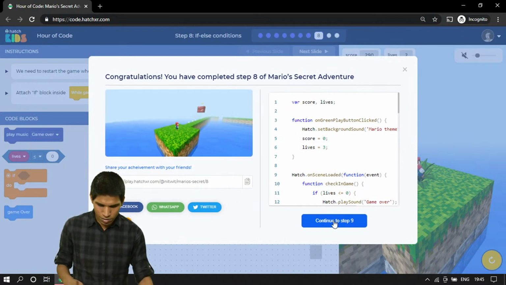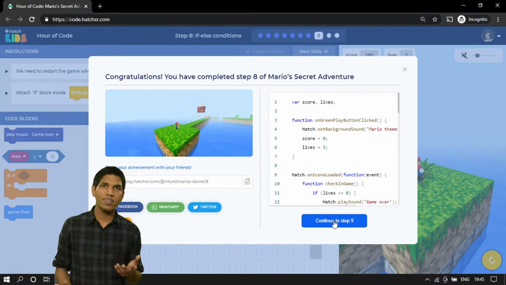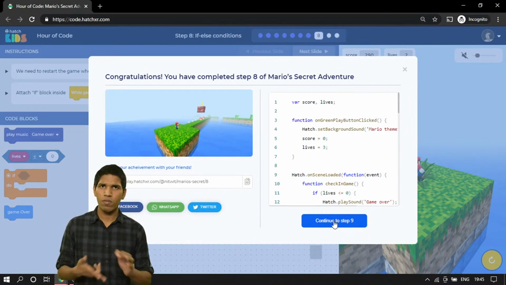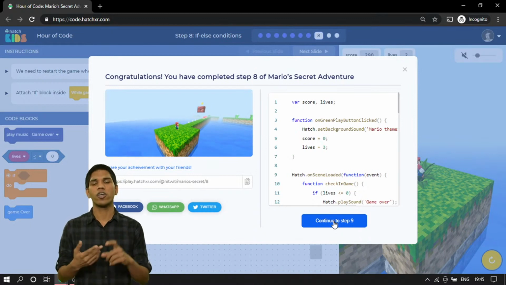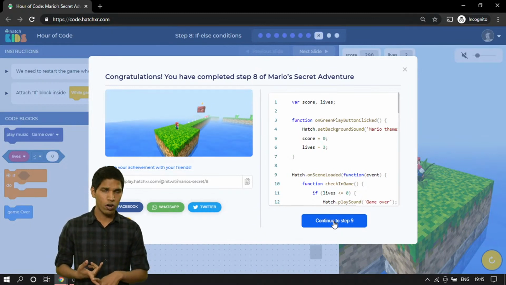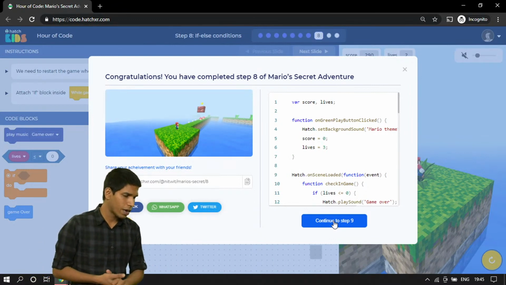Now you'll notice this basically completes your logic of the Mario game. You have movement logic, you have jump logic, you have sound effects, you have game over logic, you have all the collision logic, you have scores, you have lives, everything is there. What else do we need? Now,